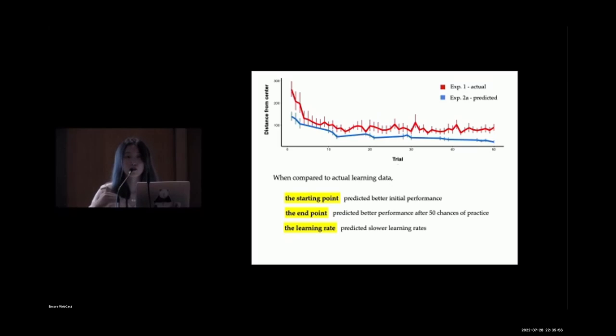Granted, some of these misestimations could come from task-specific features, due to how people are understanding this task. We're still interested in some of the implications that this could have on actual learning experiences. So now I'm just going to give you two quick examples. Imagine someone who accurately predicted the starting point of a task, but predicted a slower learning rate than the actual learning rate. This person might never start learning this task because they feel like they will just never be as good as they want.